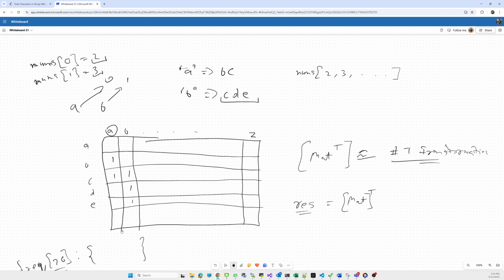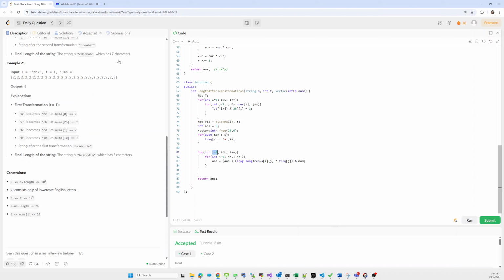For this a we go through the whole column, for b we go through the whole column, and for z we go through the whole column, and take the sum of all the elements in the final transition matrix. Whatever the value at i and j, we take it and multiply it by the frequency of that character.